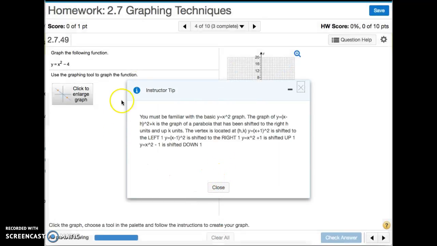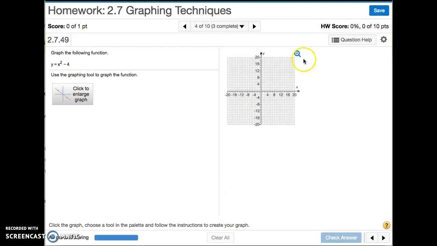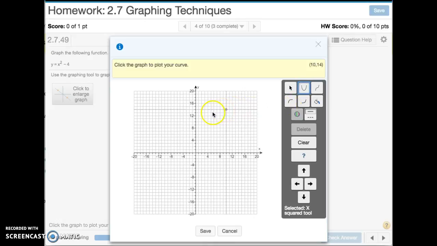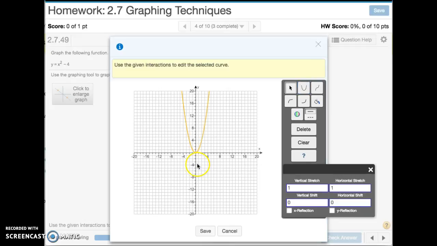All right, our next graph is our basic parabola graph that has been shifted. That -4 outside of the x squared means that the whole graph has been shifted down 4 units. We need to know where the vertex of the parabola is, as well as at least one other point. So let's choose our graphing tool, zooming in, choose the graph that is the parabola, and our vertex in this case has been shifted down 4 units. So our basic x squared graph is a parabola with a vertex at the origin. We're going to shift this down 1, 2, 3, 4 units,